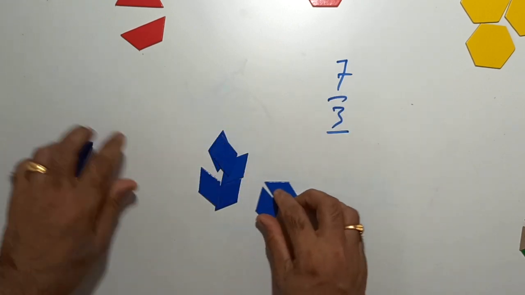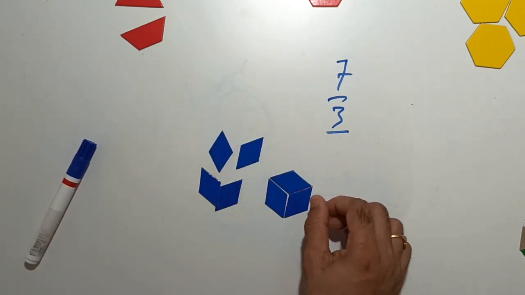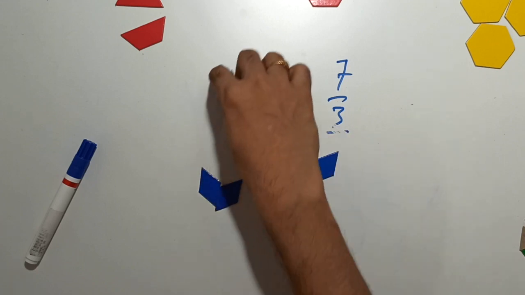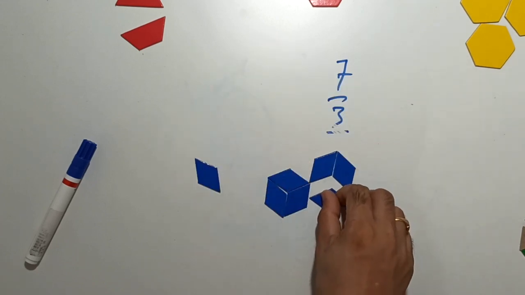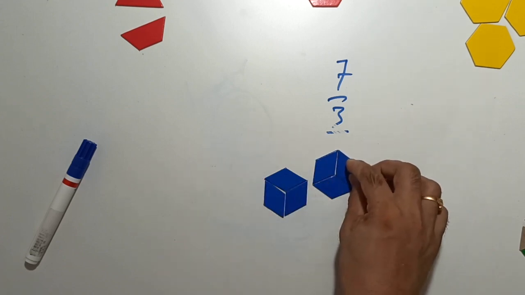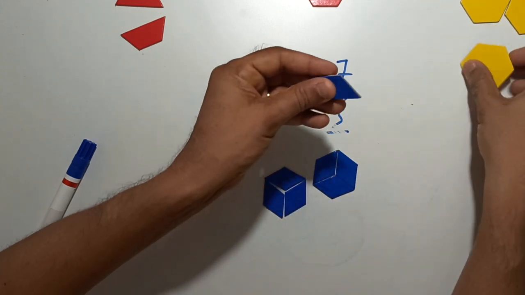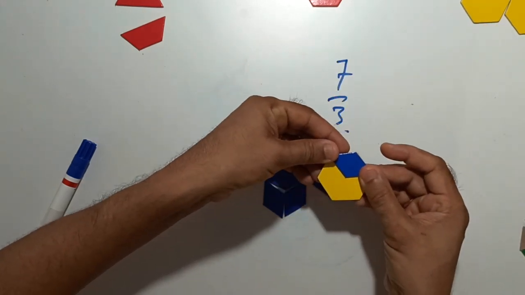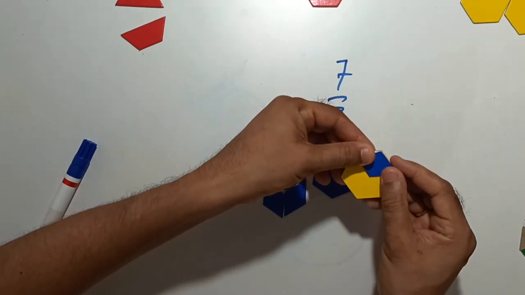How do I arrange these in the form of wholes? Just rearrange this so that it looks like the whole. I've got one whole here, I've got 2 wholes here, and then I've got one single piece. So I've got 2 wholes and 1/3 of the whole, right? If I place this here, it will look like 1/3 of the whole. If I have 3 such pieces, it forms a whole.